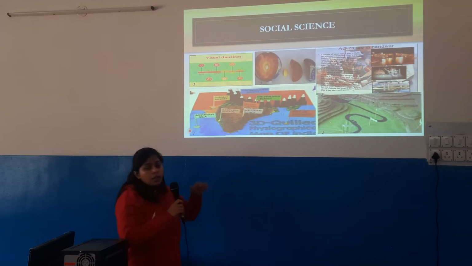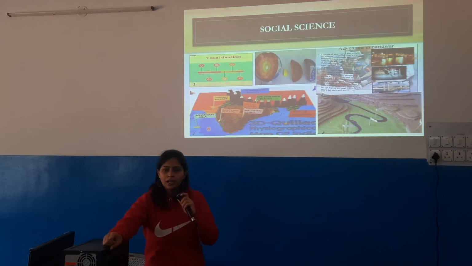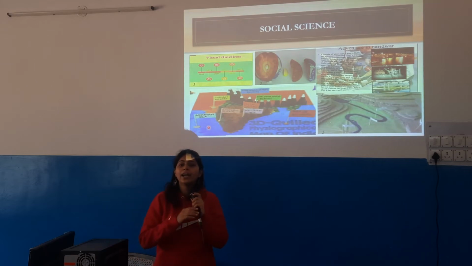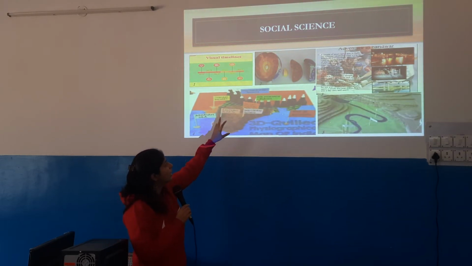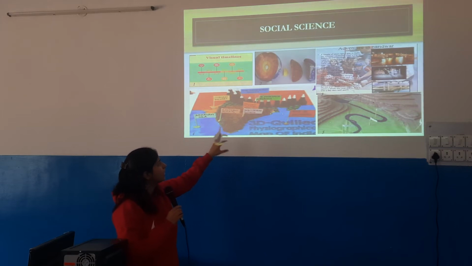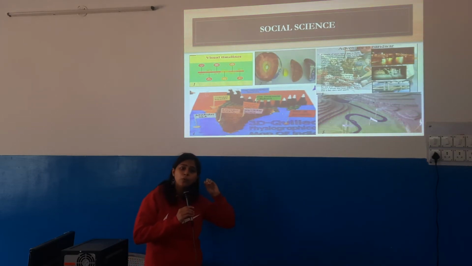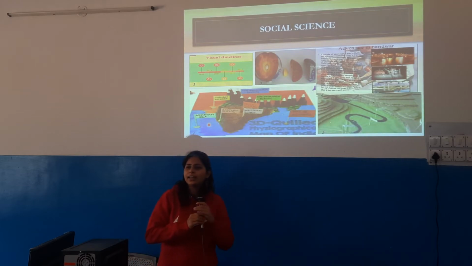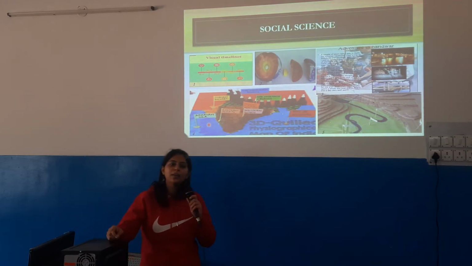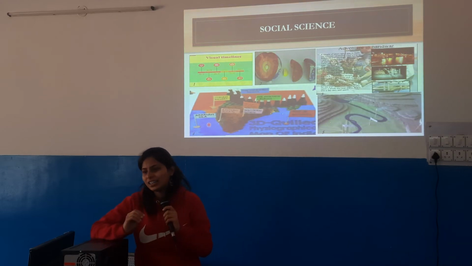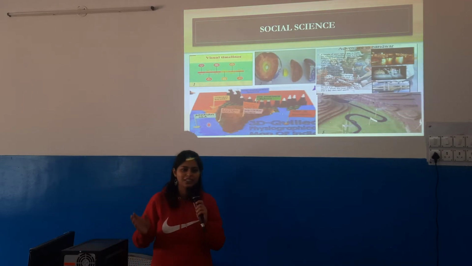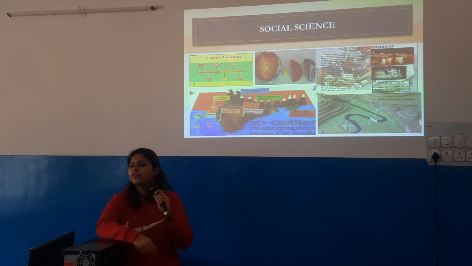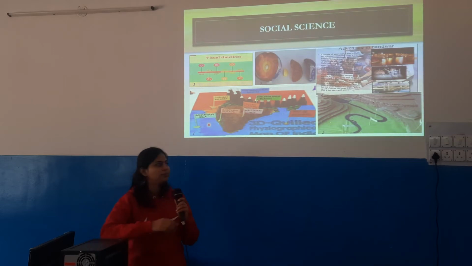Fourth is the different physical features of India, shown again with the help of quilling and different waste material which we get at our home or in our surrounding. The entire India map and the coastal areas, Himalayas, plains and Western Ghats, Eastern Ghats have been shown with different waste materials and quilling together, and the whole physical division of India has been well presented by integrating art into it. That simply we as an SST teacher, we ask them to draw it, color it, shade it, that's it. But here we can see a best example of art integration in this.